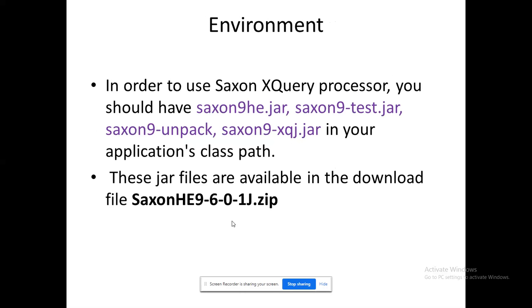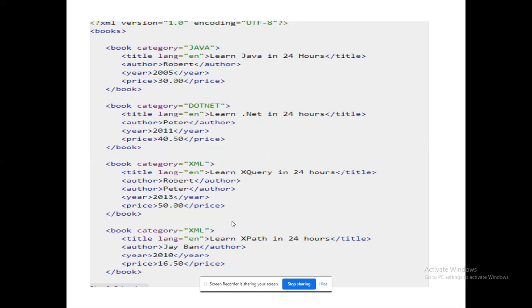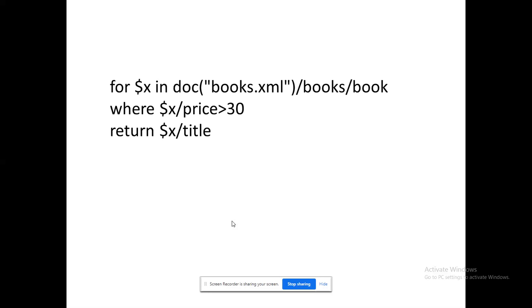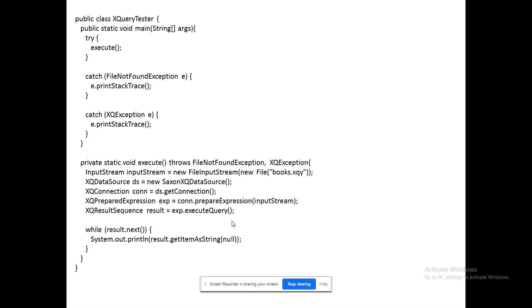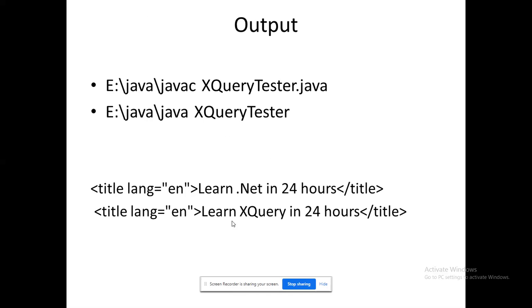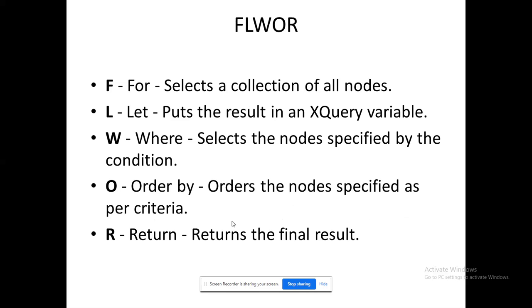So through XPath, absolute and relative paths are ready to work with, but here we have something from Java ready to work with that. I need a Saxon parser to run this. This is my normal XML program. I have the four books, and this is my XQuery, the language dedicated for this, which is ready to retrieve the corresponding books which are greater than 30, right? By writing a simple Java program, once I execute it, ultimately it will retrieve those which are greater than 30 rupees only, right? So that's the way of using that.